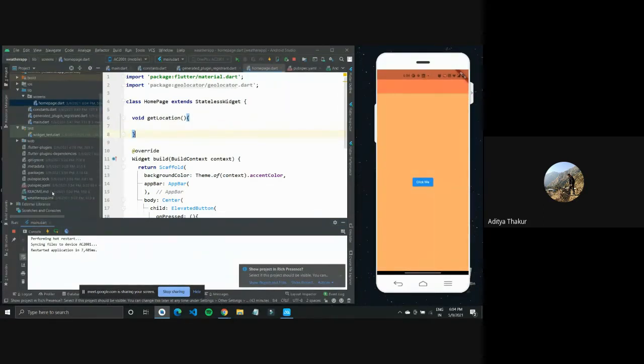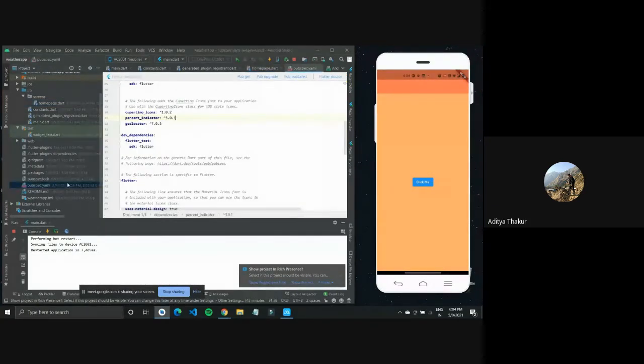Anyways, this circular percent indicator, we might be getting an error because it was defined outside. Like I don't think I had scaffold. I think I had it there or not, but you can look into that later. For now, we just work with the geolocator one itself.